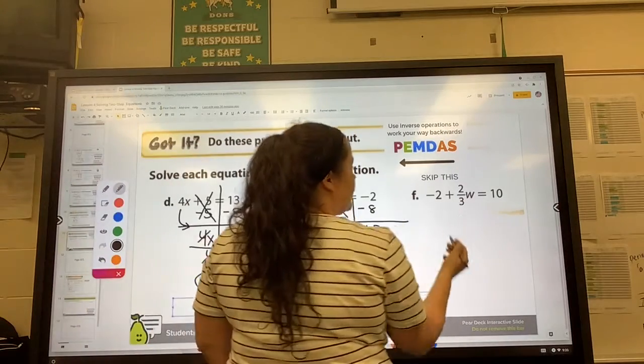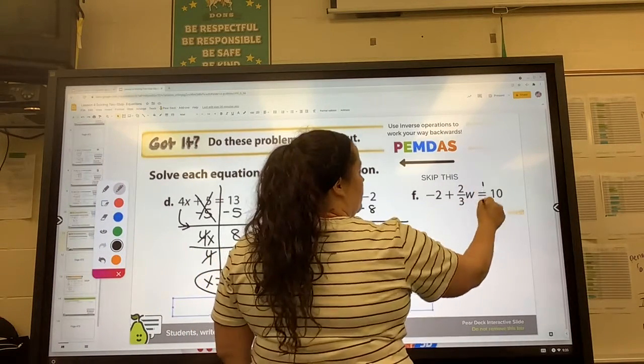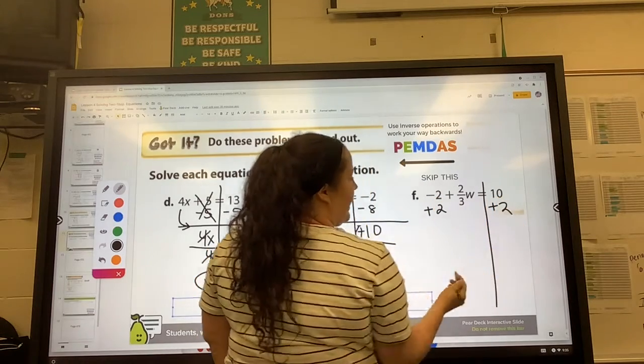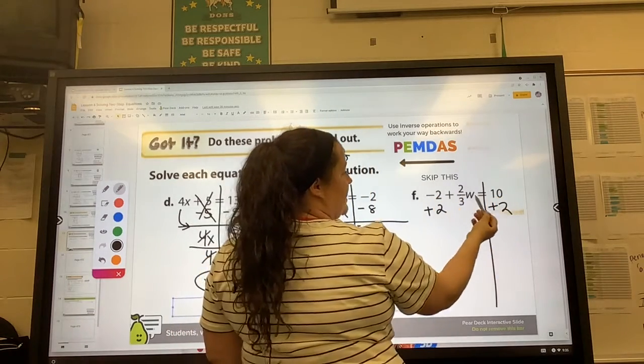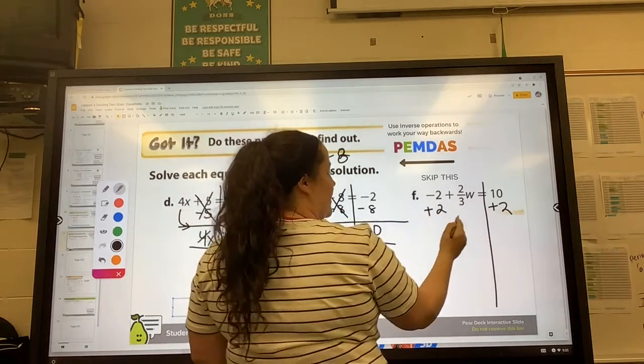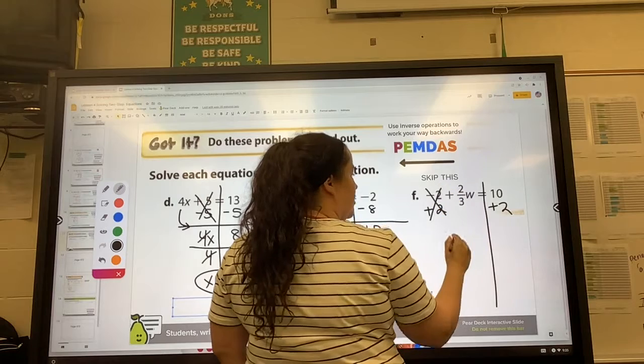And then last but not least, we're going to add 2 to both sides. Why would I add 2? Well, we're not going to deal with this yet. We have to deal with that negative 2. So the opposite of negative 2 is positive 2. So those would cancel. We'd be left with